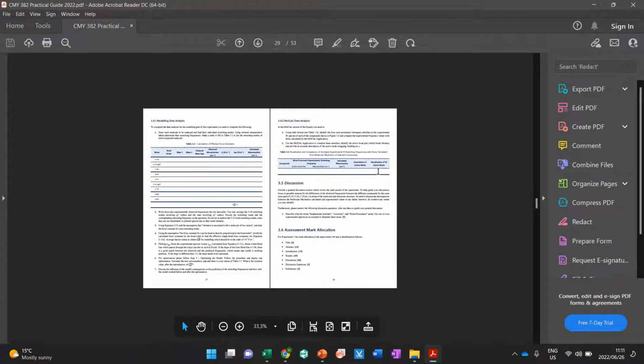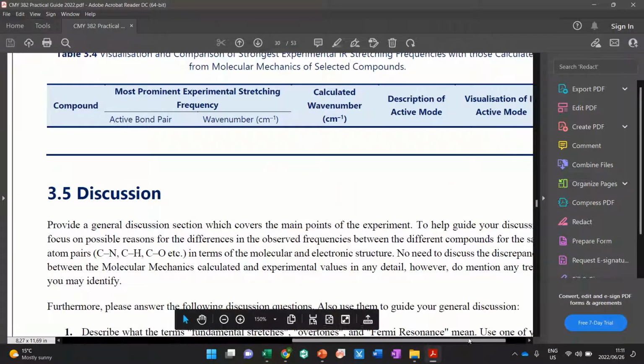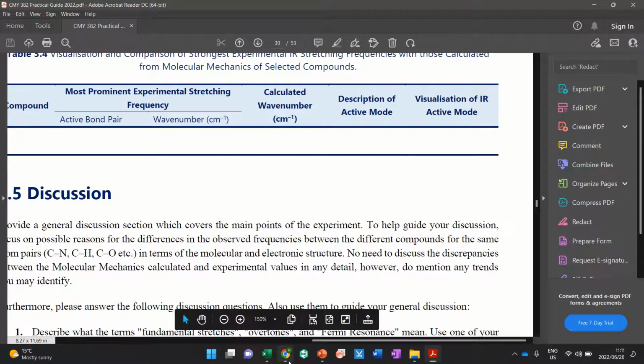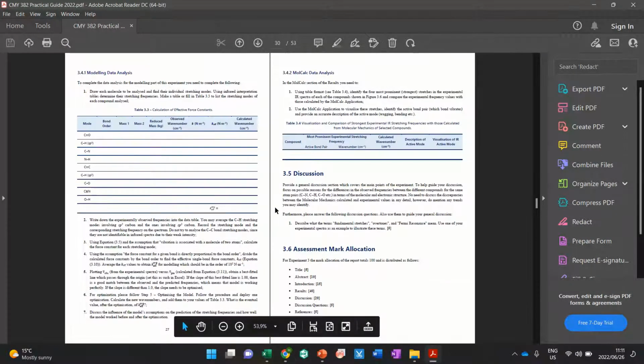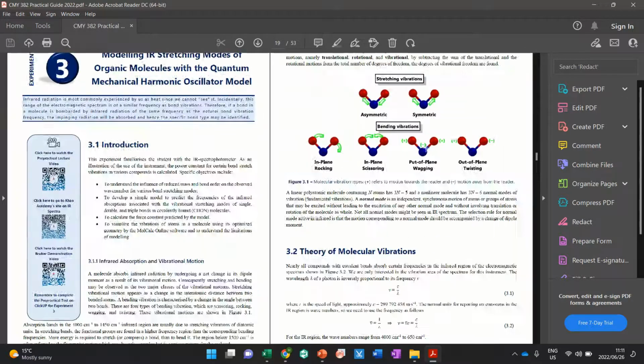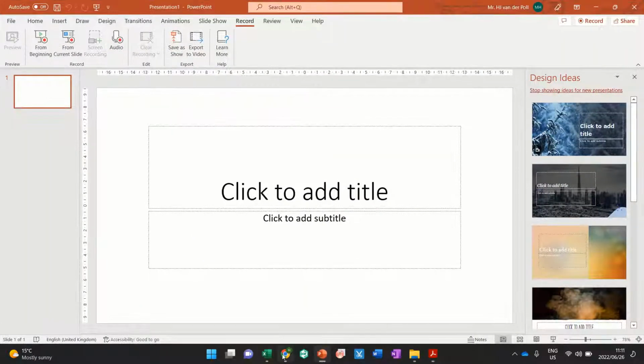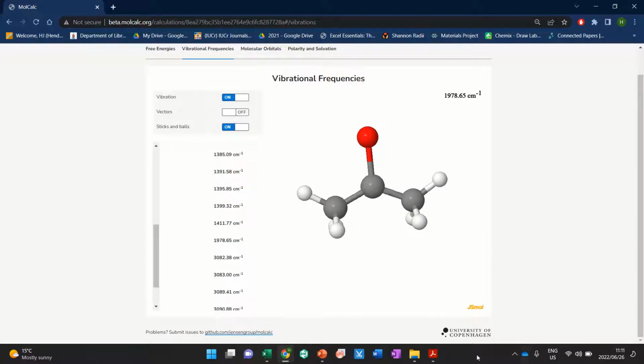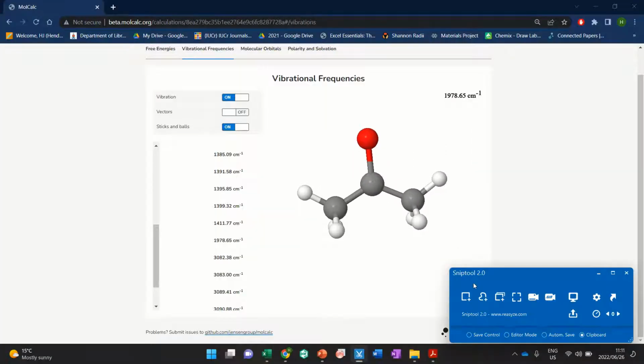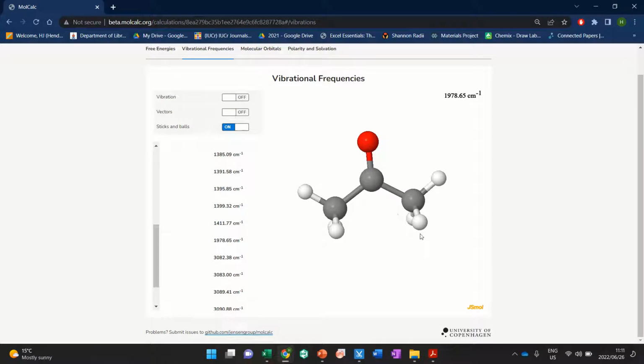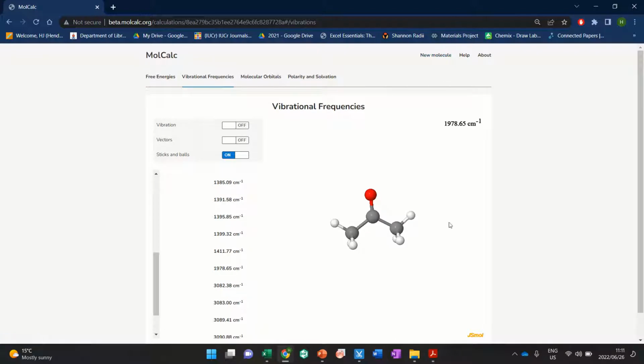And then you fill in the table, and the last part is visualization of the active mode. And I showed that in the pre-practical lecture, how I want you to do that. So essentially, you use little arrows and pluses and minuses, just like here, on the molecule. So you take a screenshot of the molecule. Then you can switch off the vibrations, take a screenshot of the molecule, or you can go back to the calculations page and take a screenshot of the molecule there,